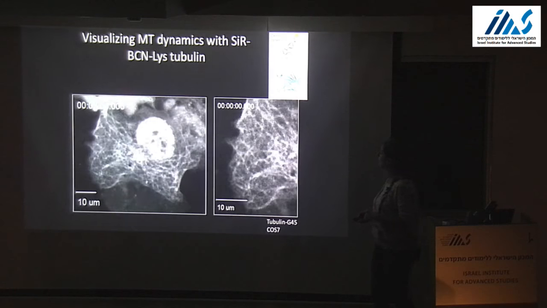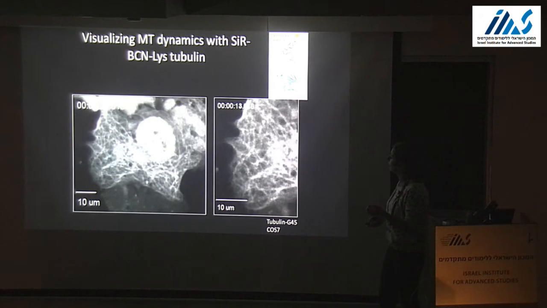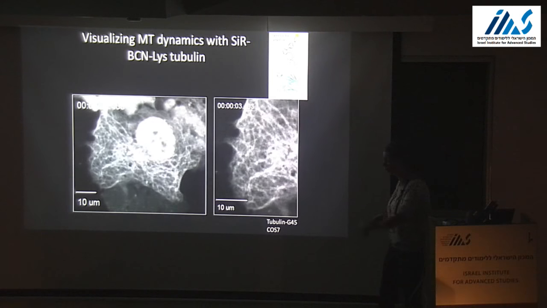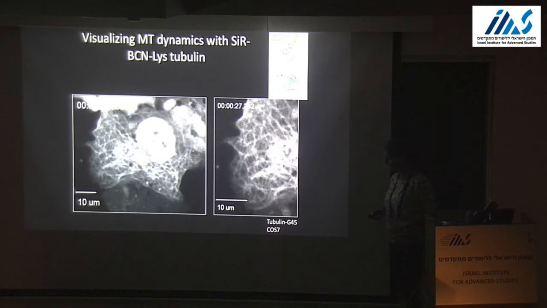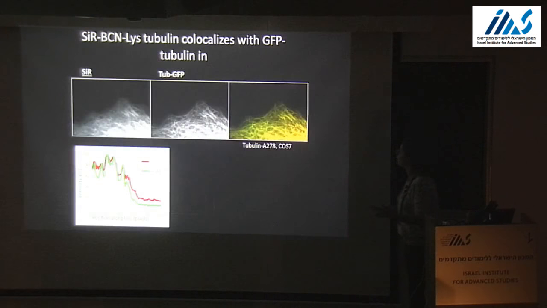But we managed to find good sites, and these are movies of microtubules directly labeled with silicon rhodamine, essentially tag-free. Okay, we've done a lot of validation. It is all already published work, but this is silicon rhodamine labeling, and this is tubulin GFP, just for comparison, and we could see that